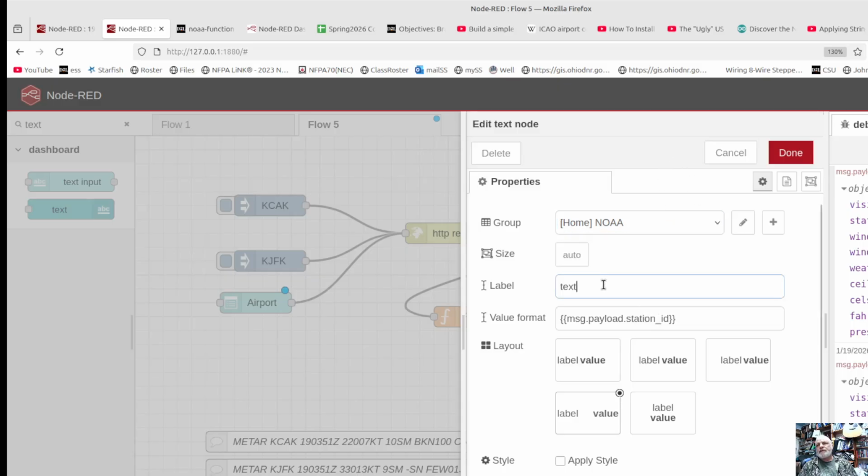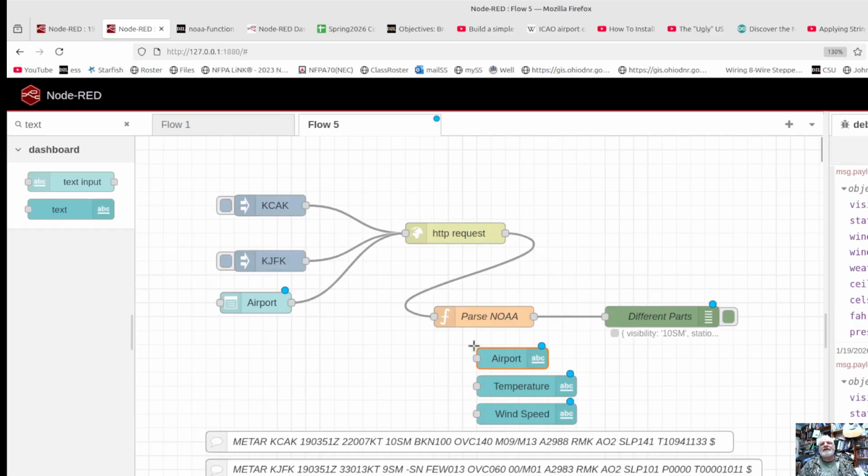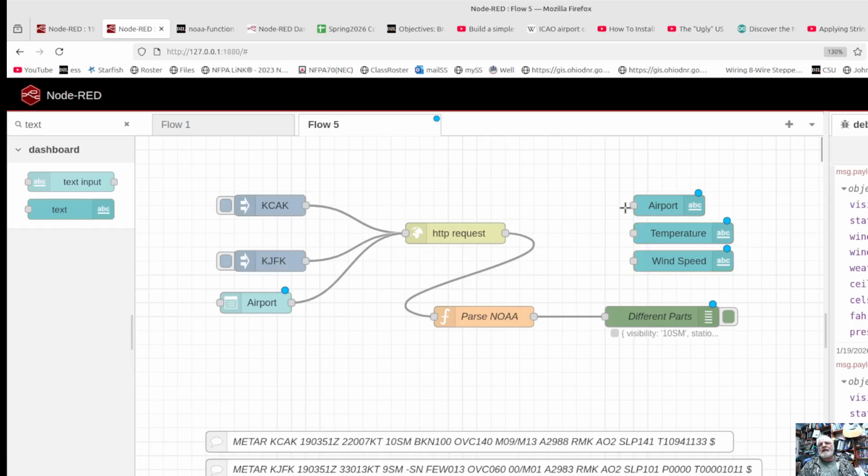This was the airport. Should have labeled them before I closed them, but that's fine. So I'm just going to drag these over here a little bit, and then I'm going to connect these. So what it's going to do is each one of these are pulling the different pieces out of the output here. So now I'm going to go ahead and click deploy,